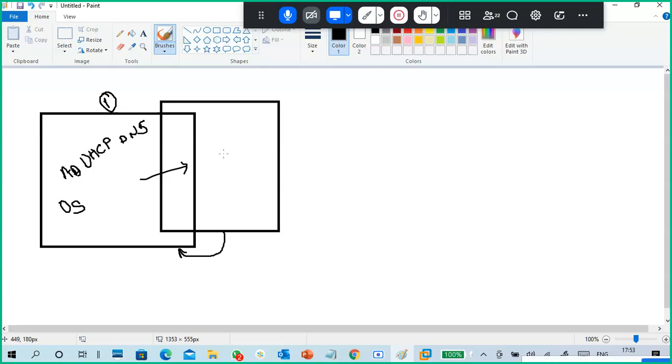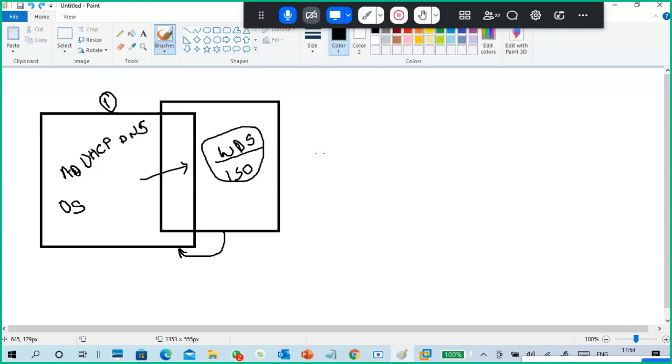For example, I install a WDS server. I install a WDS role. I copied some ISO images into it because of WDS. That's it. So what is the difference between this and this? No difference, only this is extra from here to here. But how does the system understand which is extra and which is not?